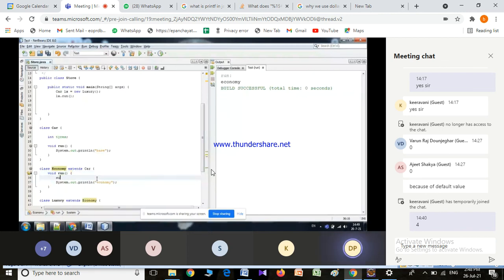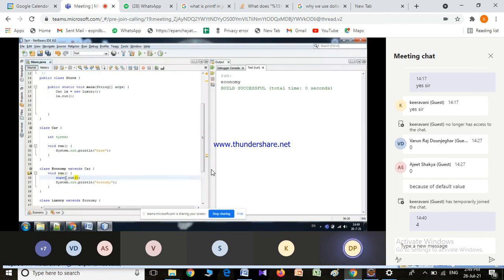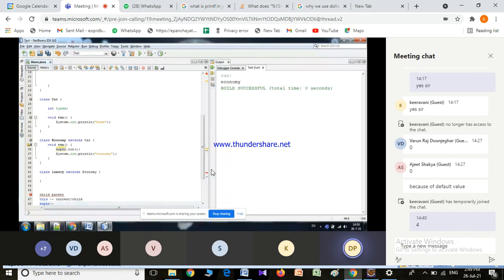That moment we can use something for all. Super keyword. What is this super? In a child-parent relationship we have two terms. One is this, another one is super. What this refers to is the current object, in a parent-child relationship it represents the child. What is super? Super always refers to the parent.